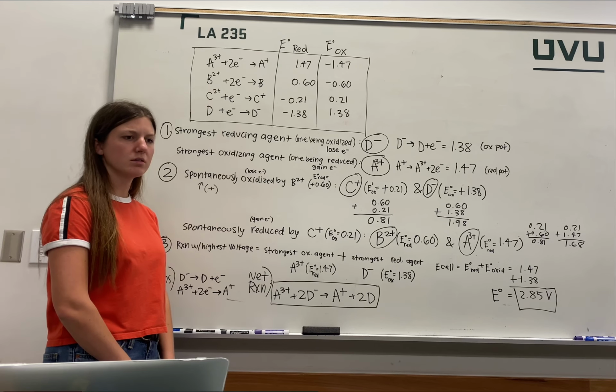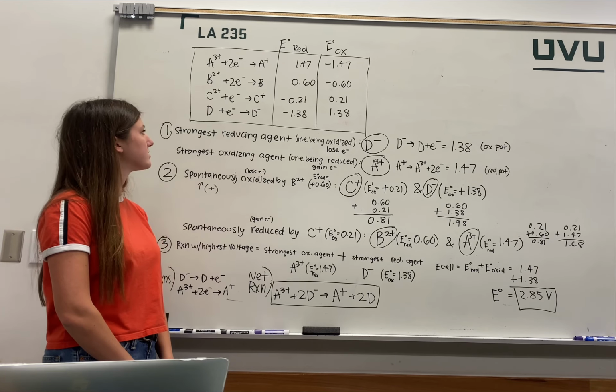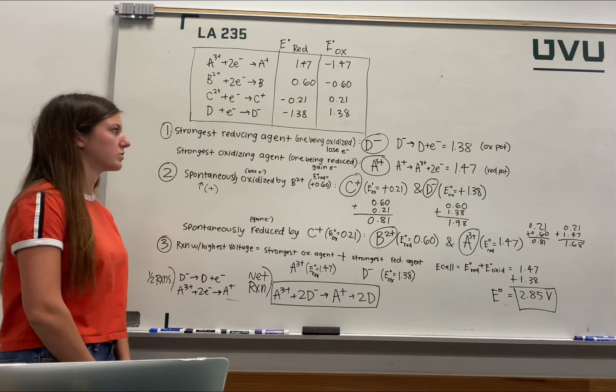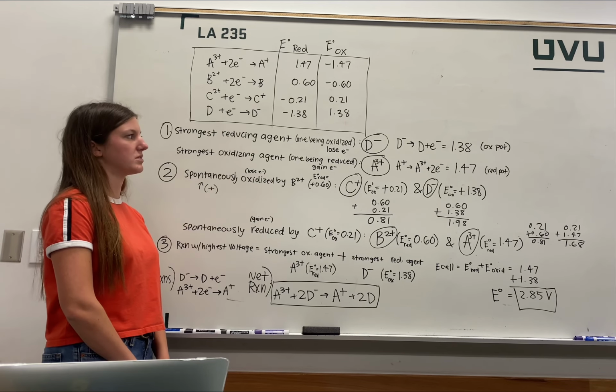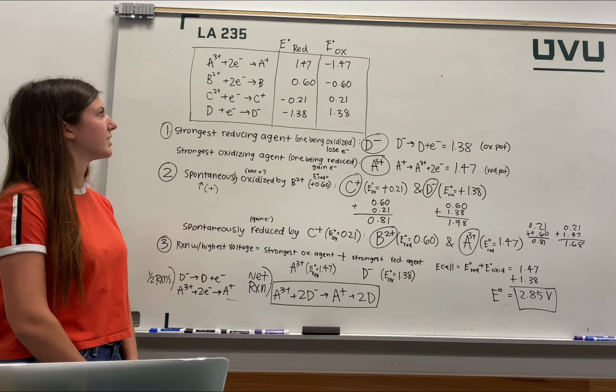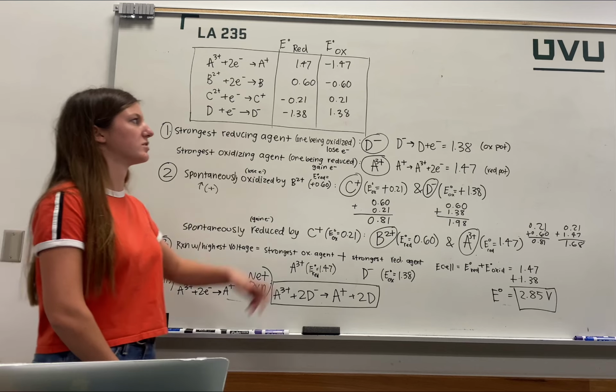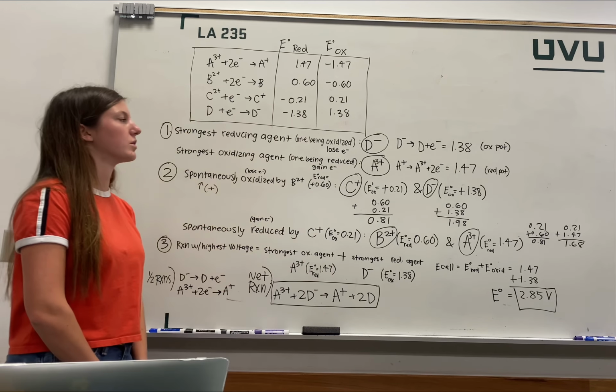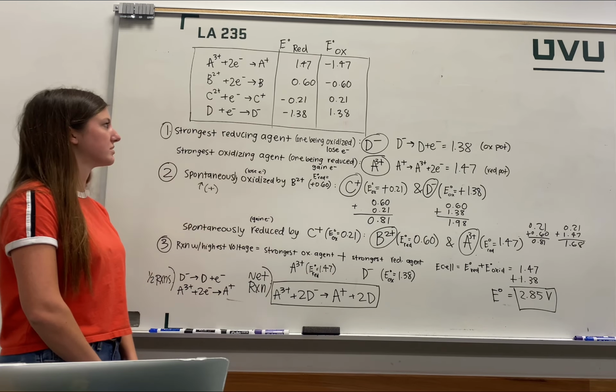The first thing that we're asked to find is the strongest reducing agent, which is the one being oxidized, which is the one that's most apt to lose electrons. So we can look at our table and we see that D minus has the highest oxidation potential. It has the highest positive number for the oxidation potential, so we know that that one is the strongest reducing